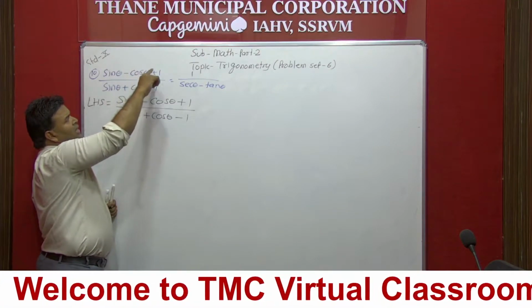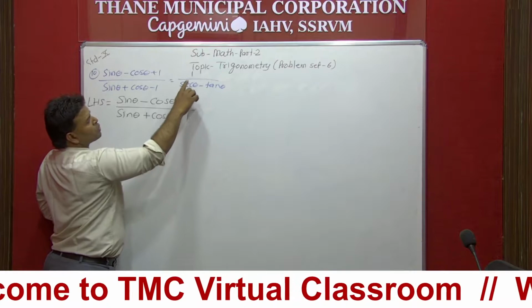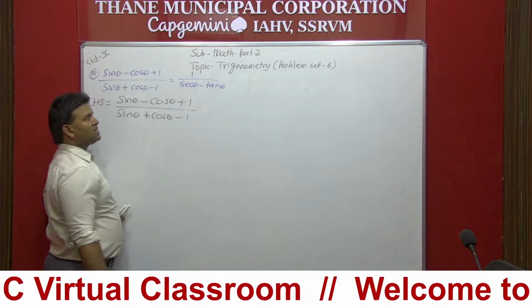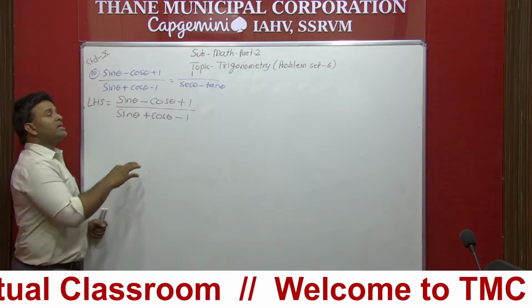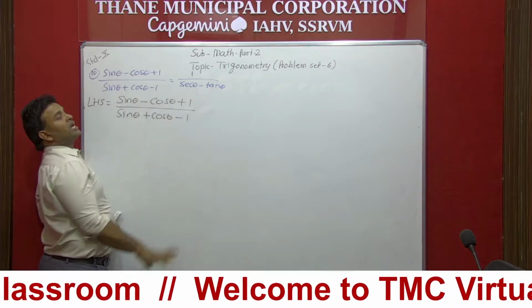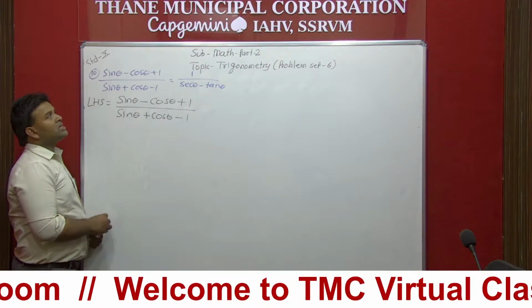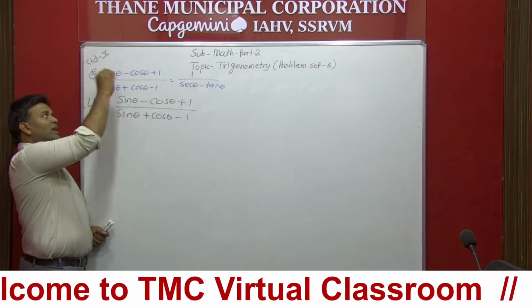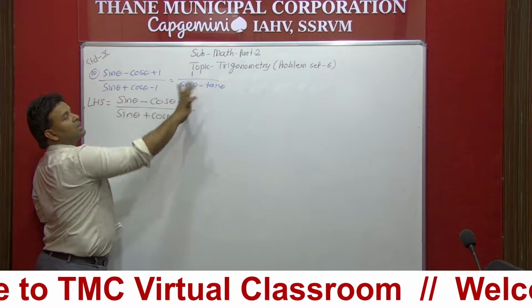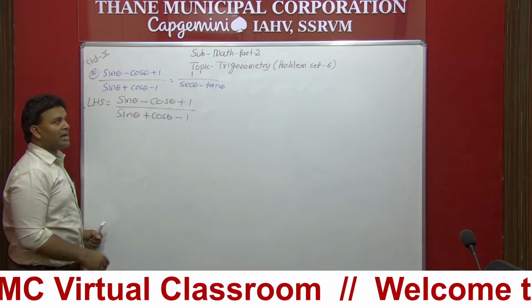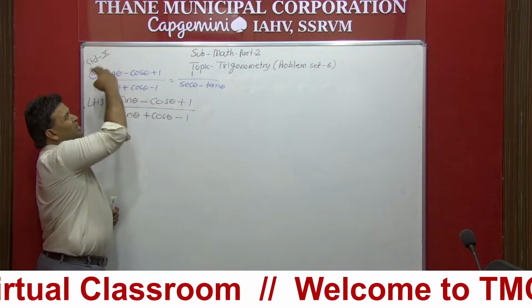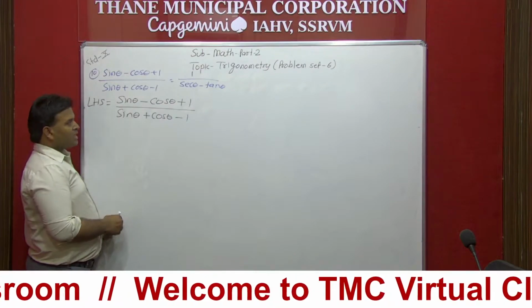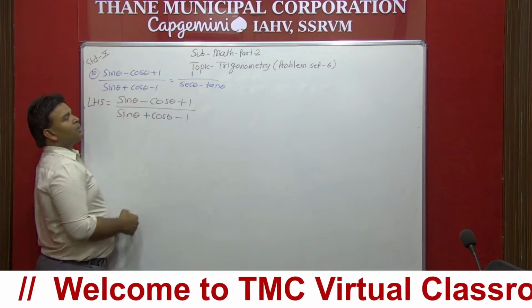Now let us see the question. We are given sin and cos, and we need 1 as the numerator and sec theta minus tan theta as the denominator. It means we need the ratio in terms of sec and tan. In the initial question, I told you that whatever we have, we have to convert into sin and cos. But here we already have sin and cos. I need the ratio in terms of sec and tan. So let us try to convert this in terms of sec and tan. How can we do it?